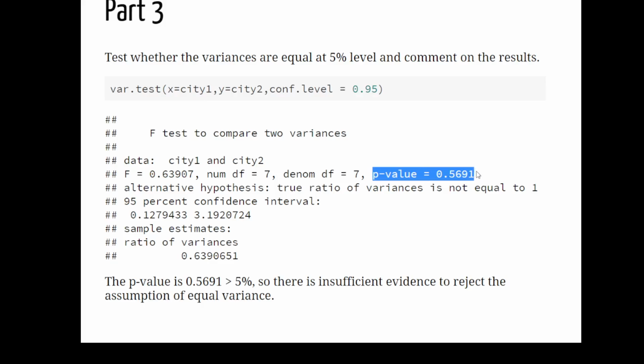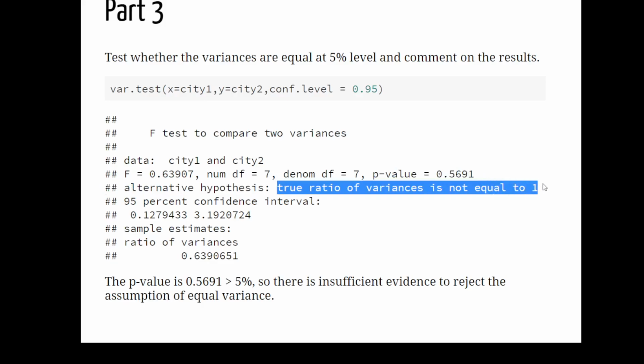Now the p-value is 0.5691. So in that case we're going to fail to reject the null hypothesis and so on. I'll come back to that shortly. This is interesting here, this part here. The true ratio of variances is not equal to 1. That's the alternative hypothesis. Constructively, that means that the null hypothesis is that the true ratio of variances is equal